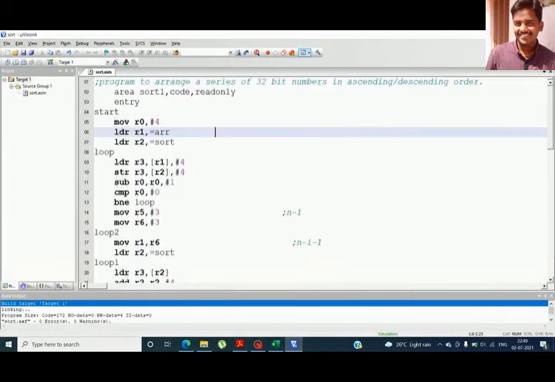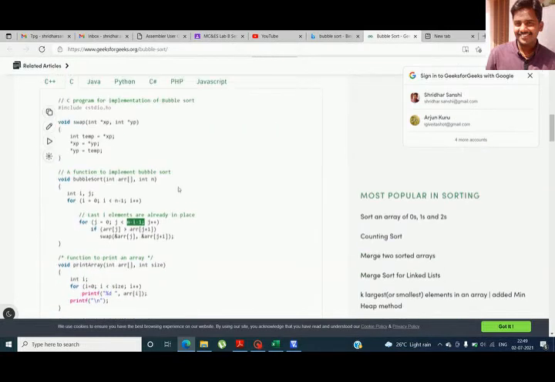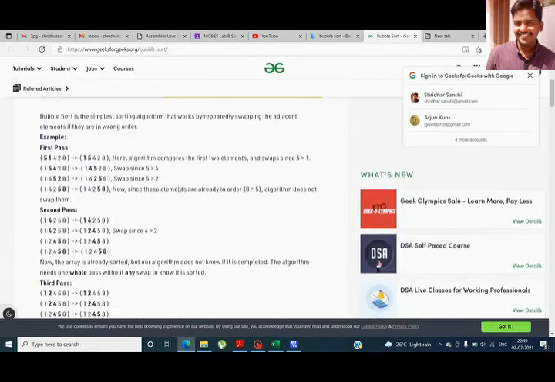I hope you know how the sorting algorithm works. We'll make use of bubble sort here for sorting the series of 32-bit numbers. This is the logic behind the bubble sort.